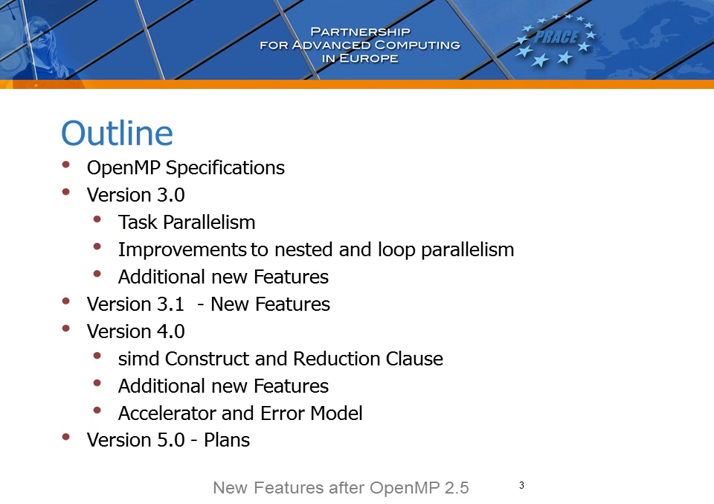In this presentation, I will be talking about the topics listed in the outline. First, I am going to summarize the new features of OpenMP introduced from version 3.0 to 5.0. Then, I am going to describe task-level parallelism, improvements to nested and loop-level parallelism, and some additional environment variables in version 3.0. Then I will discuss the new features introduced in version 3.1 and talk a little bit about the